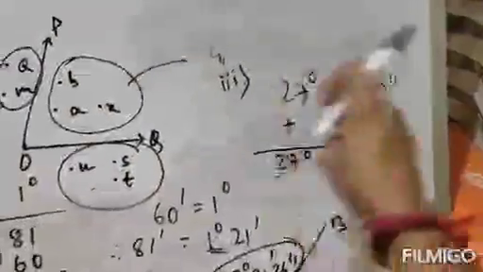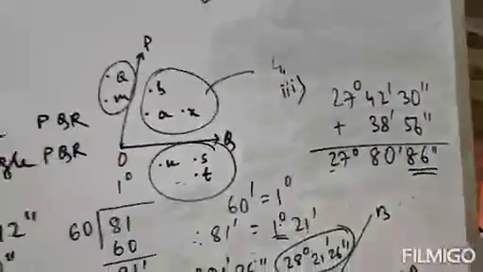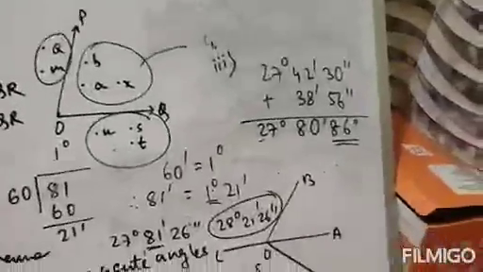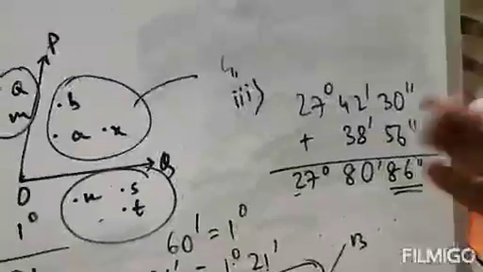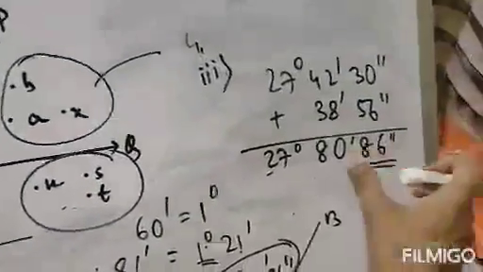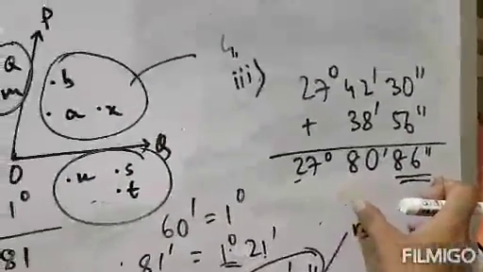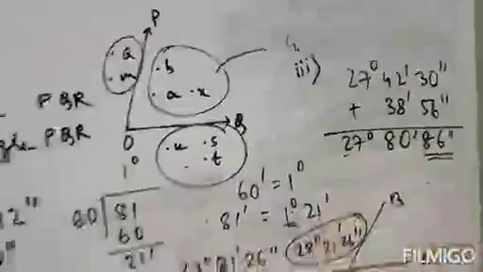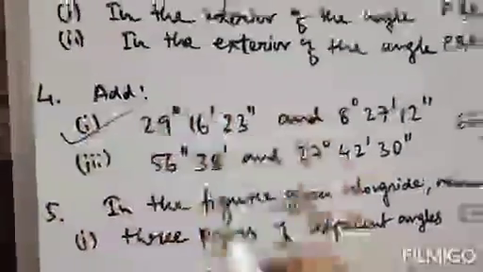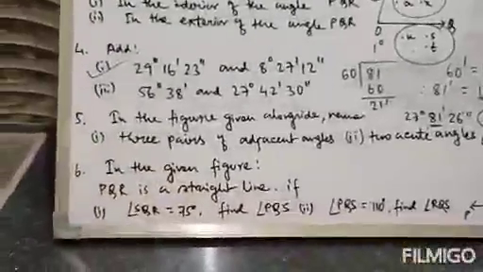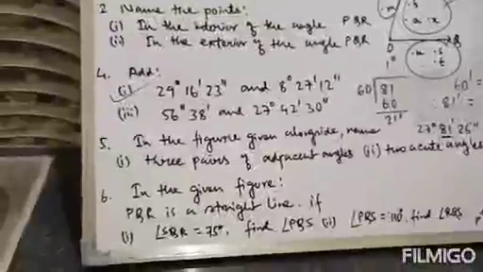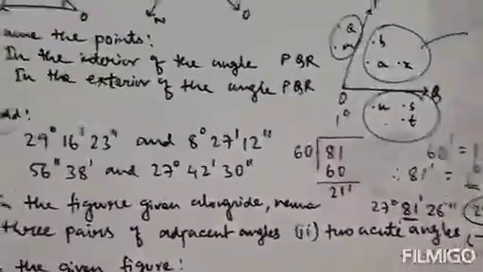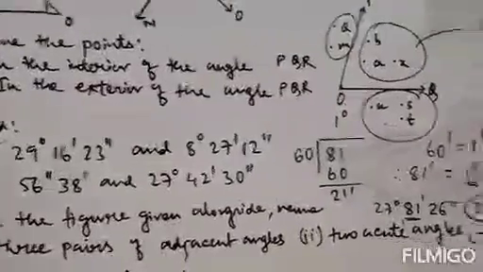I am repeating again. First add the given quantities, that is degrees, minutes, seconds, just add. Now see whether the minutes and seconds are greater than 60. If you have greater than 60 minutes or greater than 60 seconds, you have to convert. In question number 1, the minutes and seconds are less than 60, so there is no need to convert. But in question number 2, we have minutes and seconds more than 60, so we have to convert.